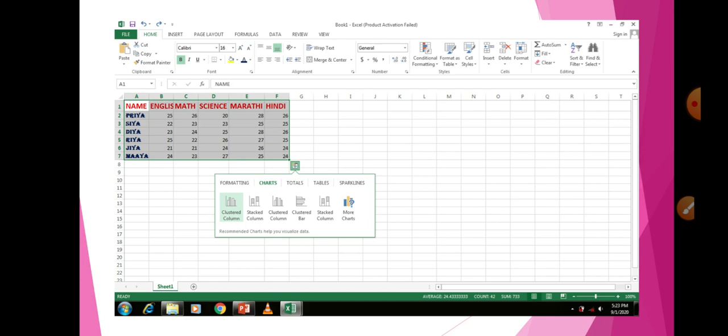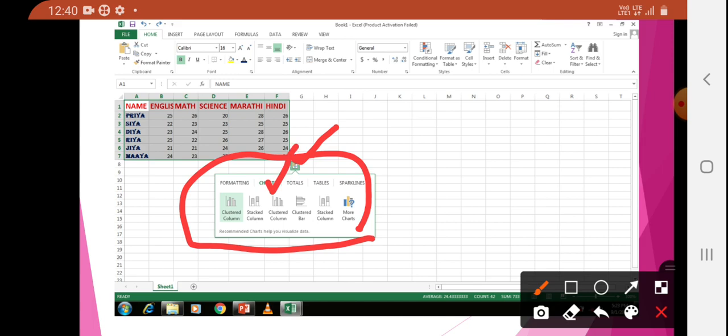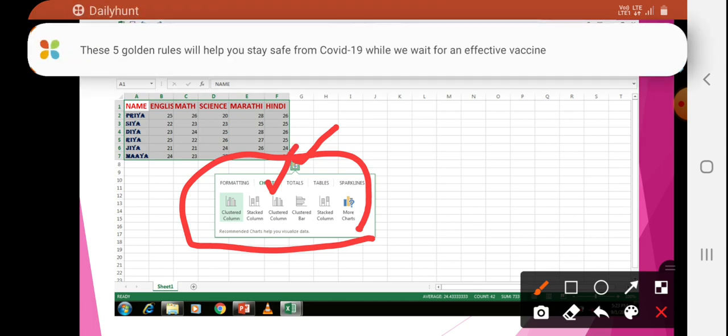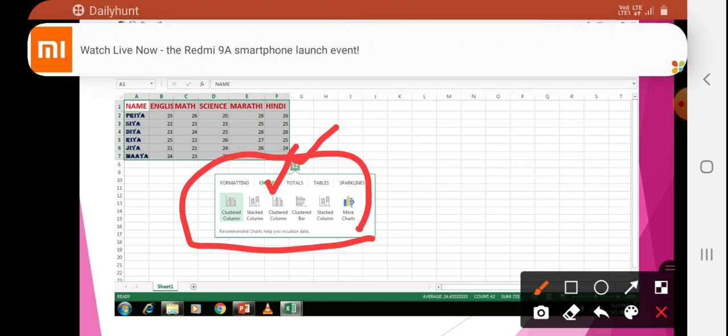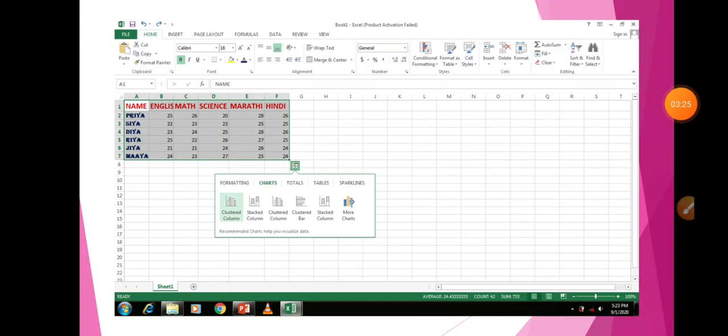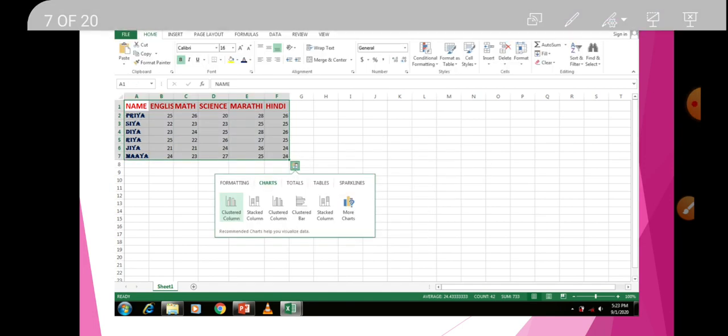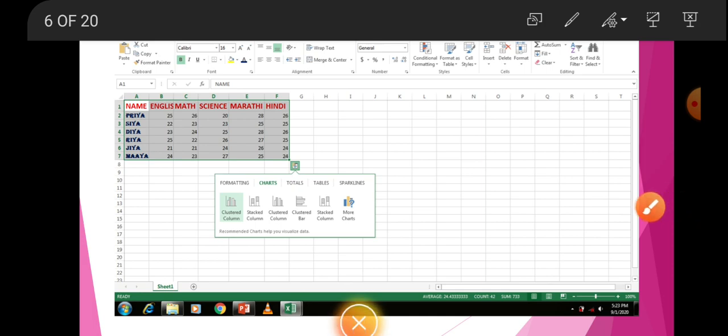After selecting, notice that this came up. When this comes, click on that, and you will get all these options. In that you have to choose charts. Okay, in that you have to choose the charts. See, this is present here. Okay, now see,